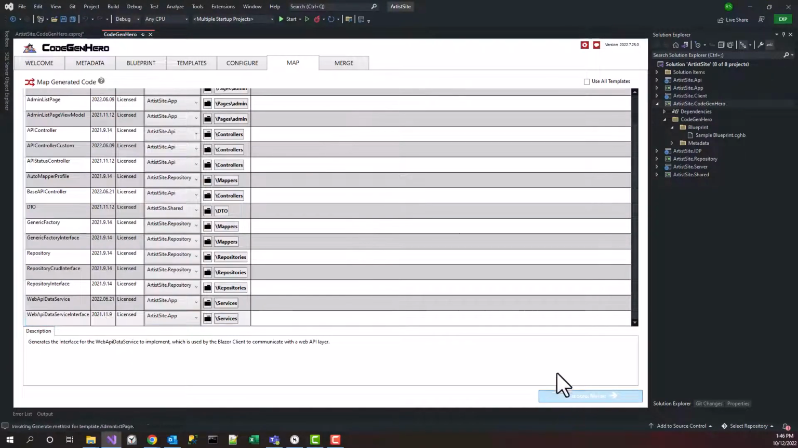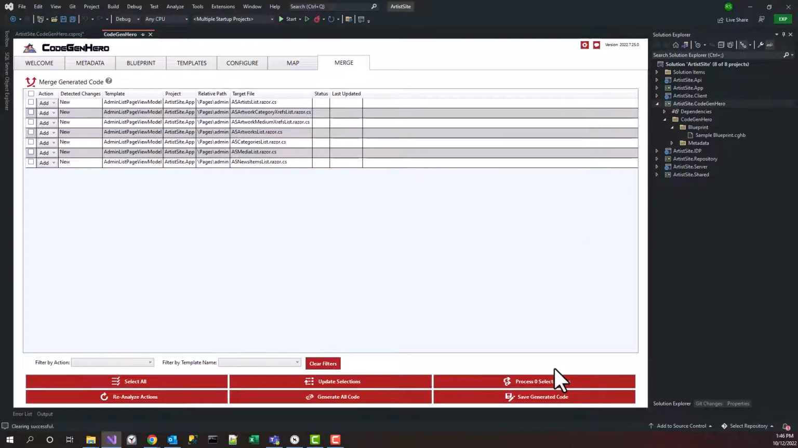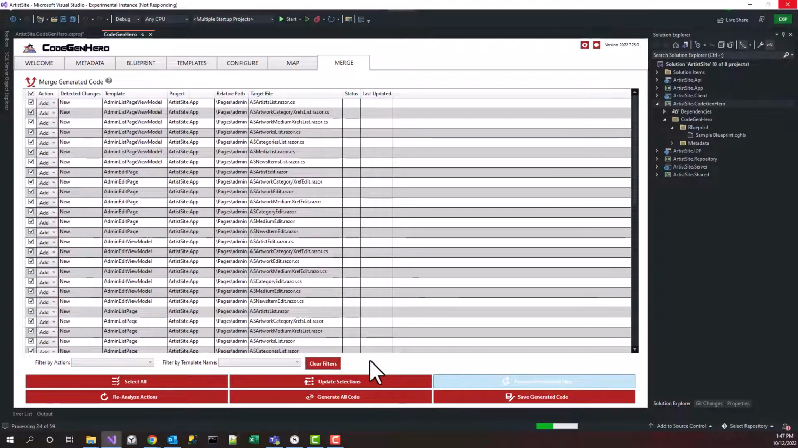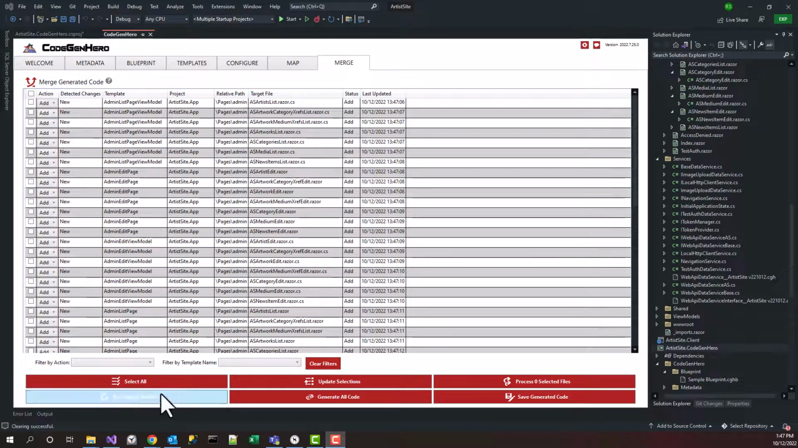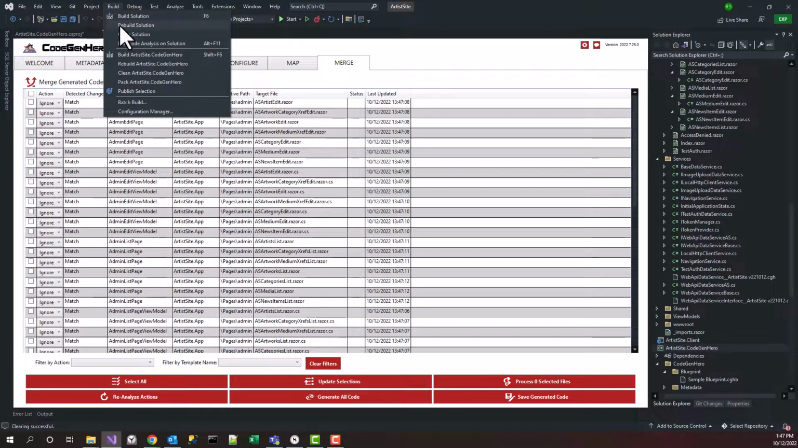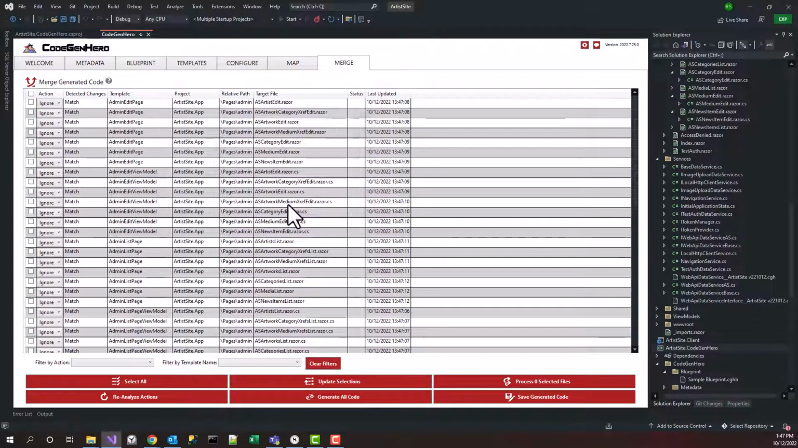Finally, in the Merge tab, code for your selected templates will begin generating immediately. After a few moments, they will be ready for you to add to your solution. Click Select All, and then Process Files. To make sure everything generated correctly, build your solution. Your project should build without any issues. If there are compiler errors, check where they are and review your configuration settings, and regenerate if any changes need